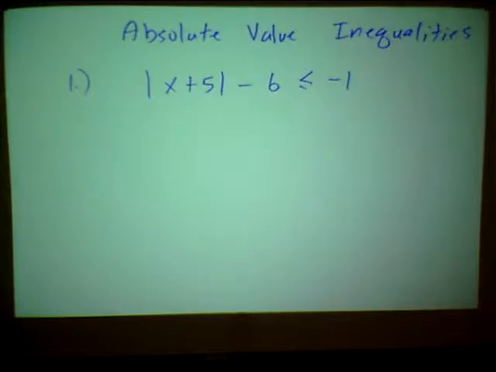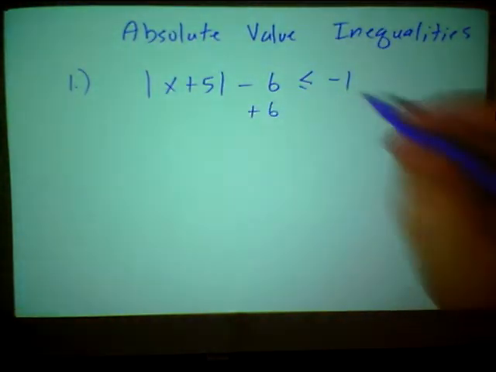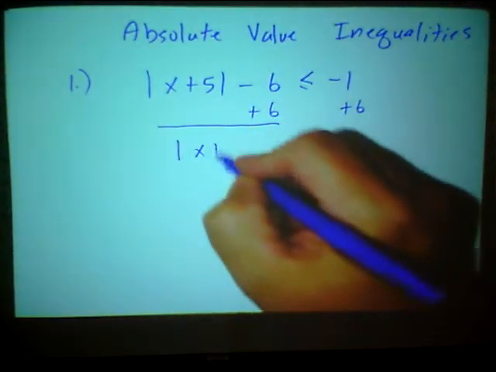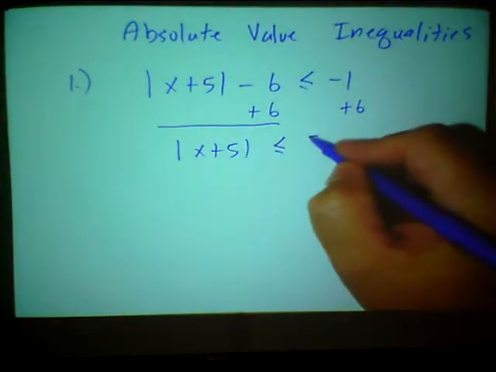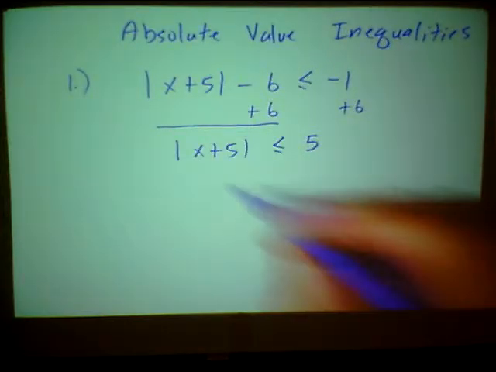Once again, I treat this inequality as sort of like an equation. If I want to get the absolute value by itself, I need to add 6 to both sides. So I have absolute value of x plus 5 less than or equal to 5. Okay, the absolute value is now by itself. Now what I have to do is just check my number. If the number happens to be negative, I'm going to stop and just think about it, and I'm not going to do any math. But in this case, the number is positive,